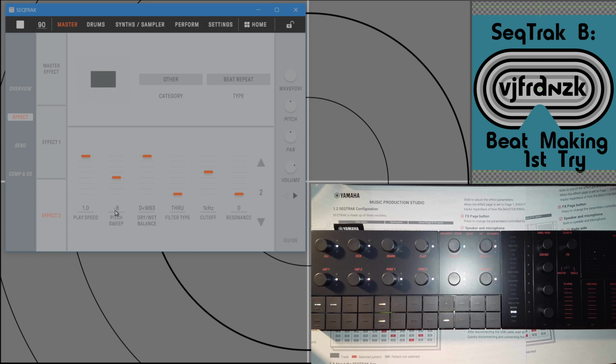If I type 0 on my PC keyboard, I need an easy way to return the value to 0. I can't right click on it. There we go. Alright. And I could change the wet-dry balance,